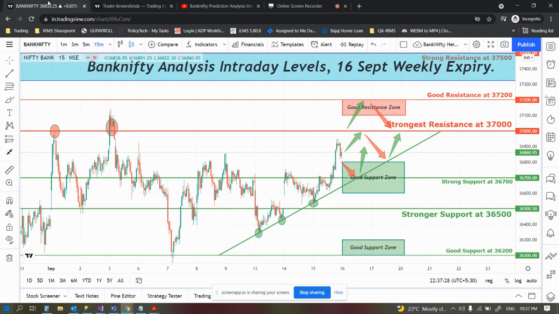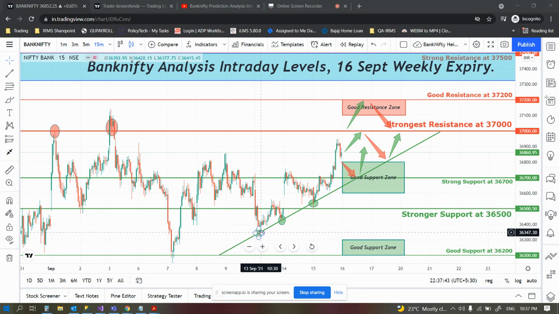Now let us see what we have for tomorrow, the 16th September weekly expiry. You can see levels are marked over here, and I have drawn a support trend line which was existing there. We can see the market taking support at these two particular points. The third support it took today in the first 15 minutes, and it bounced back. Actually 36,700 was the resistance level from where we saw a small downfall, and the second was somewhat close to this trend line, with the market making a good bounce back.